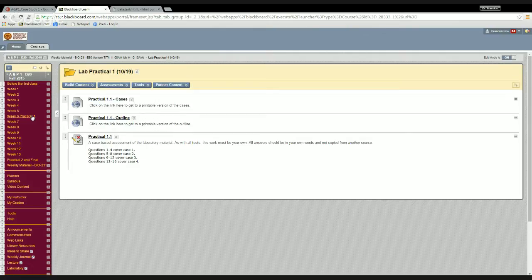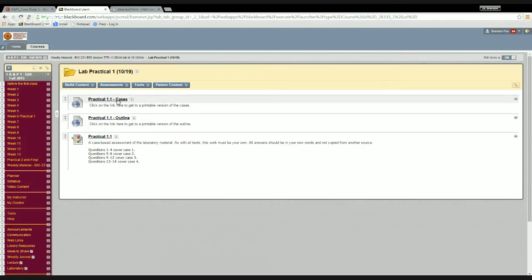And then there's another component of it, which is an online assignment, which is the thing that you see right here, this assignment right here. Both of those are based on case studies. And in this folder, which is meant for you to go into to get some information to prepare for the test, as well as complete the online portion of it,